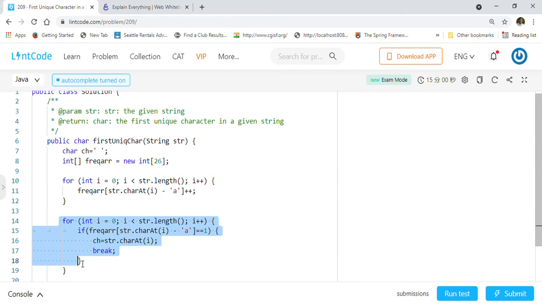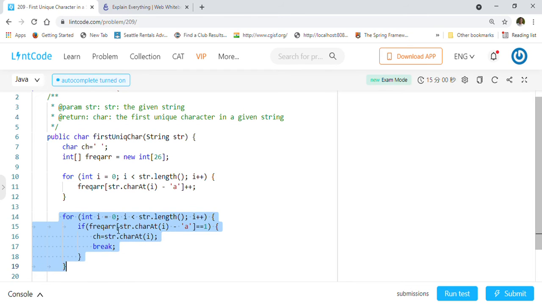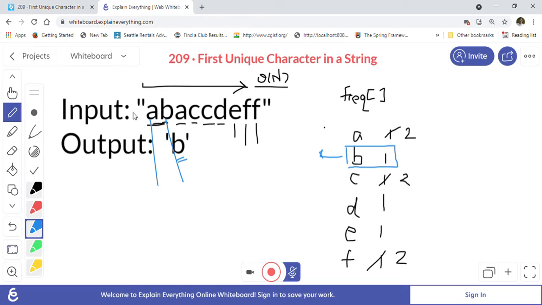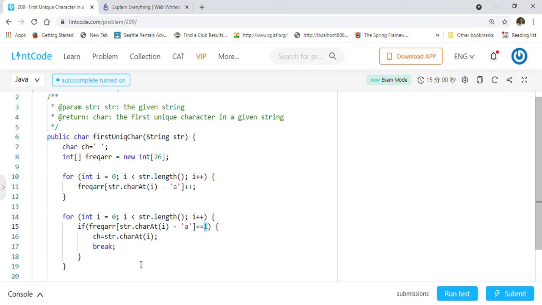Now in this for loop, again we are doing order of n, iterating and checking if our frequency array has a frequency of 1 for that character, right? As I showed you, when we reach B, we see the frequency as 1. That's what we are checking here.